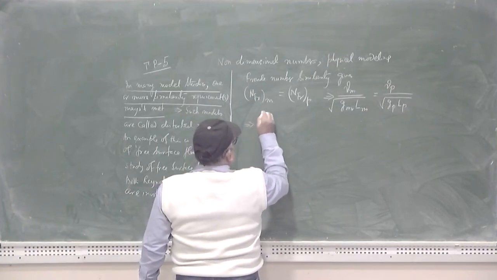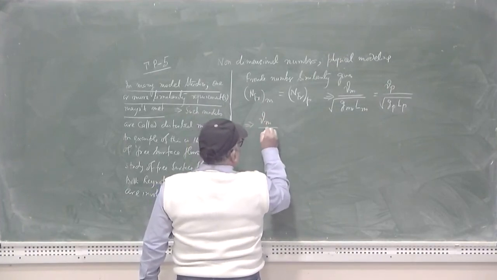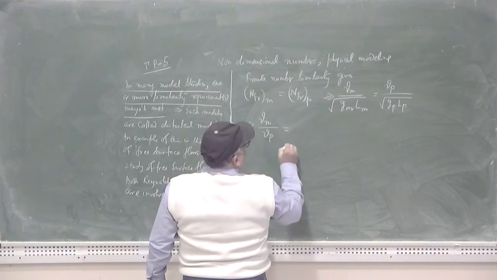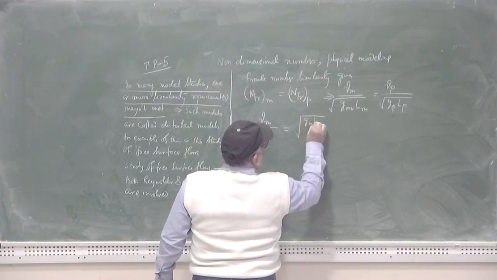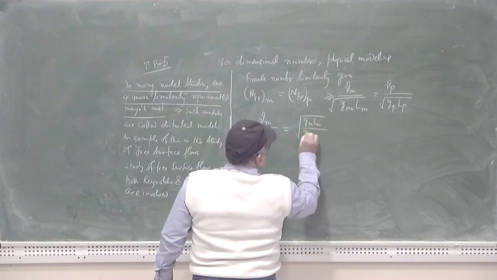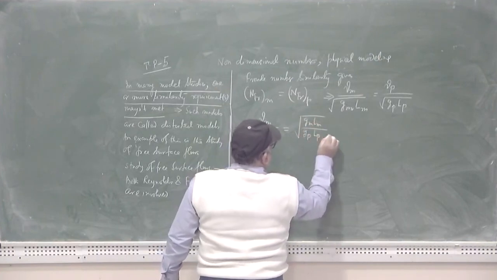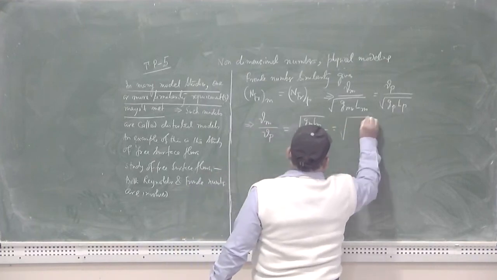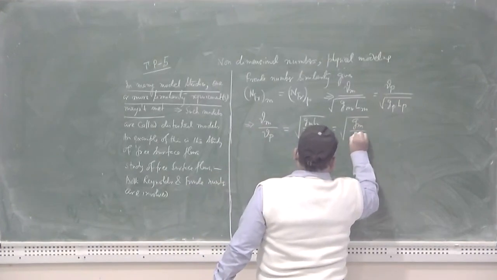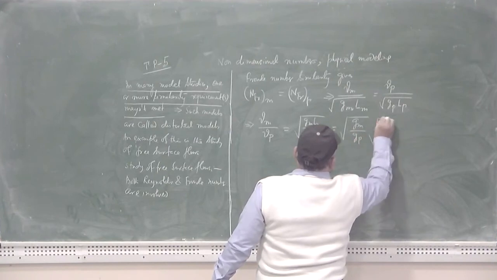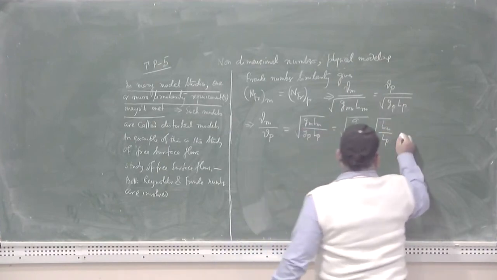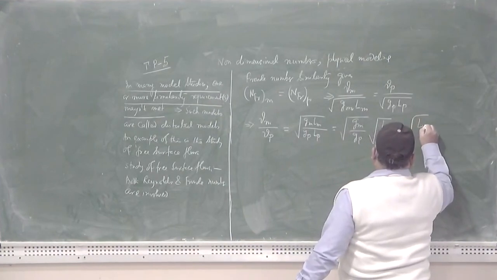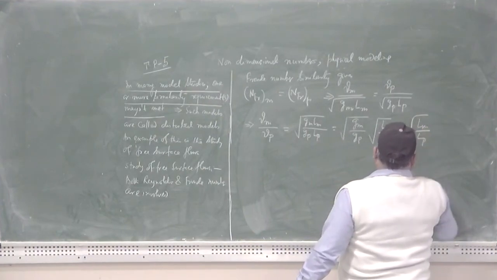So, the ratio Vm divided by Vp equals under root Gm Lm divided by Gp Lp, that is Gm divided by Gp under root Lm divided by Lp, which equals under root Lm by Lp